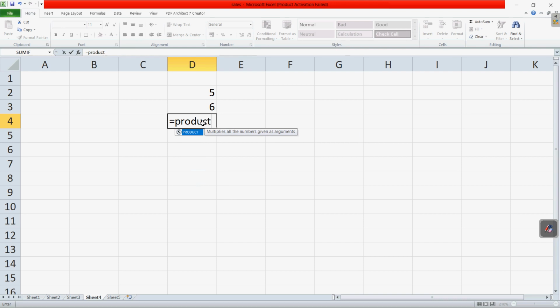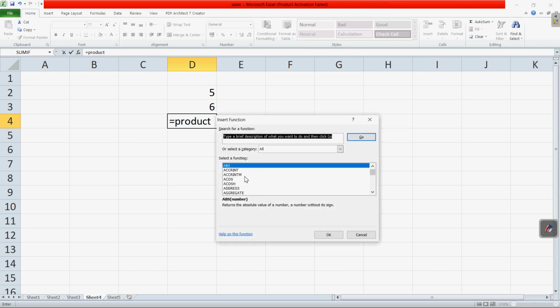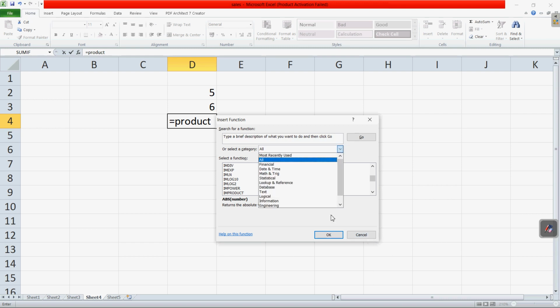Clear, then after product what we can do, we can directly write the two numbers, their addresses, or you can also click on this insert function. From there also we can choose the product. Here if you search it, there also we can find it.